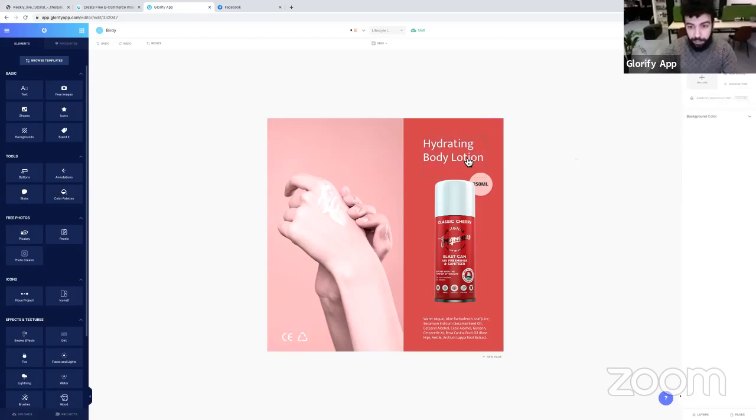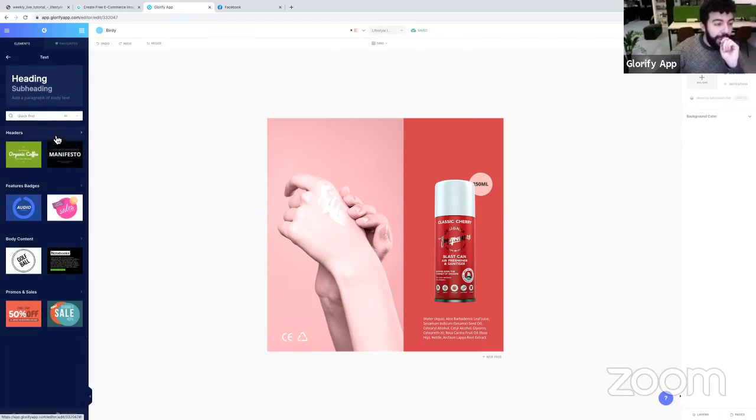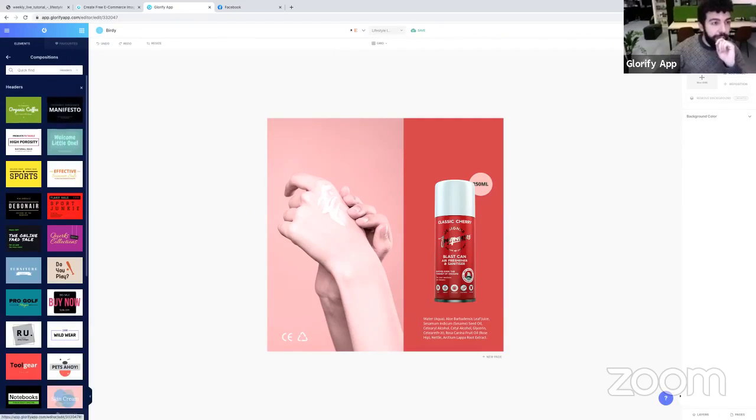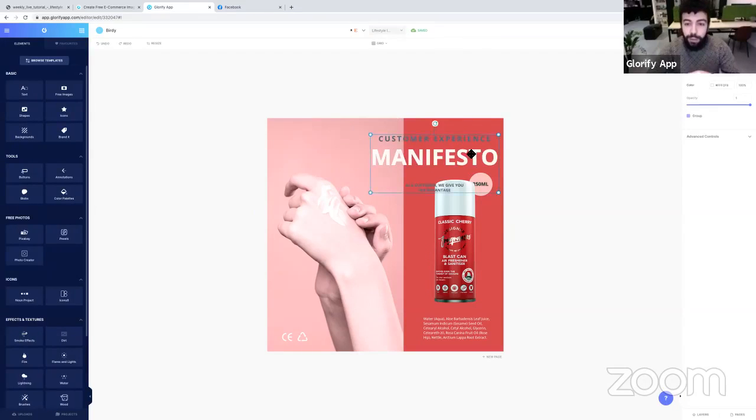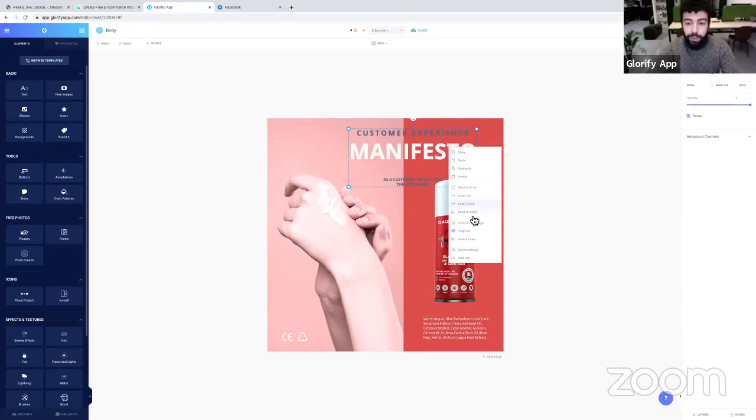Actually, let's remove this. And let's go to pre-made titles. Okay, let's see. I quite like this Manifesto font because it's really bold and it's similar to the text you can see on Classic Cherry. So we ungroup,